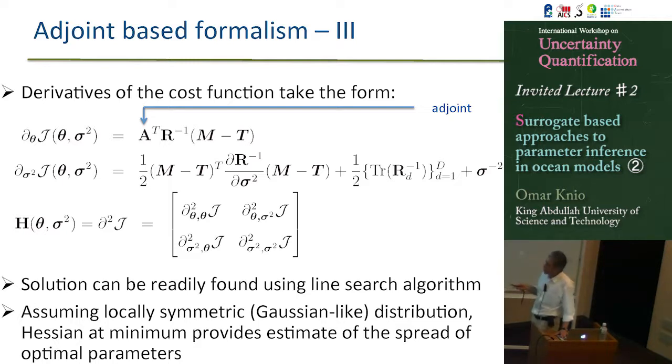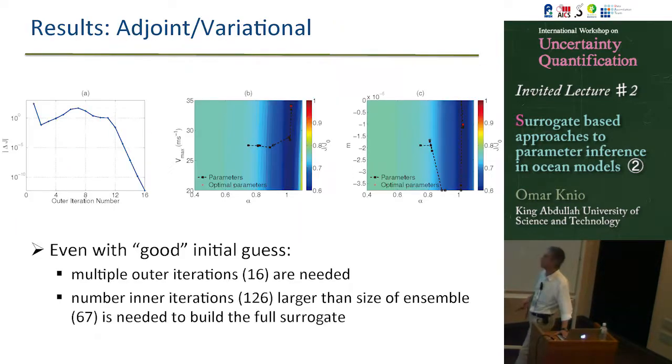The Hessian is something that I can also form, again because I have a functional representation of the impact of the uncertain parameters on the model, and therefore on the quantity of interest, and therefore on the cost function. So I can start with any point and run my adjoint machinery. So I start here, and then I have